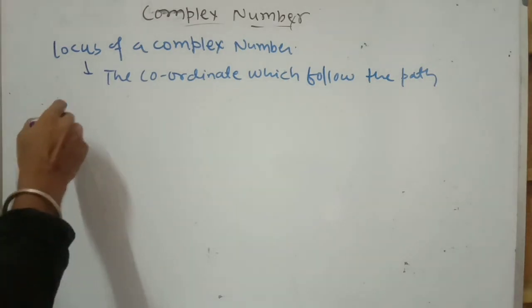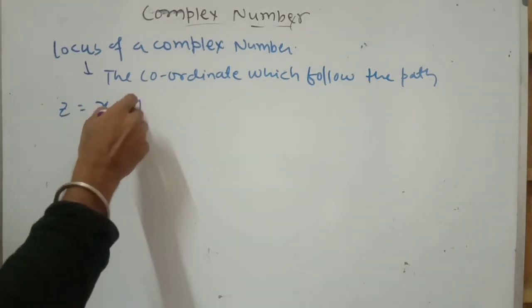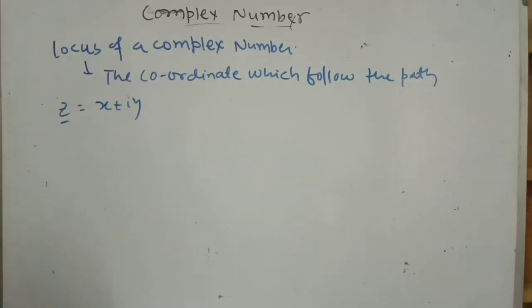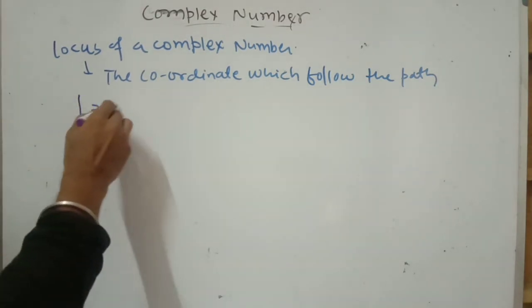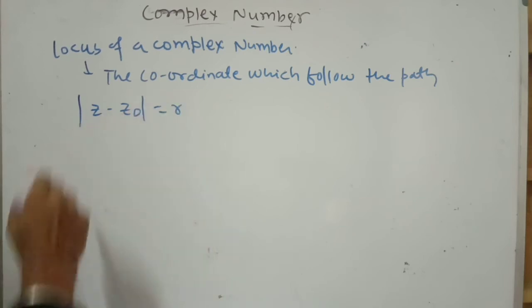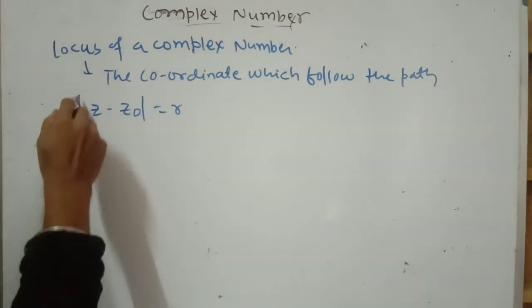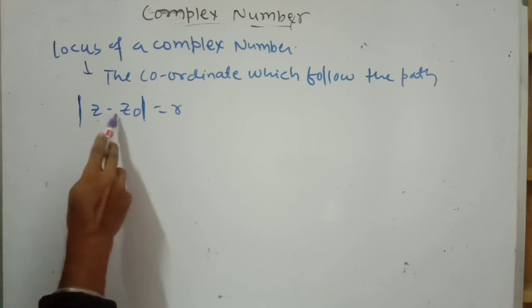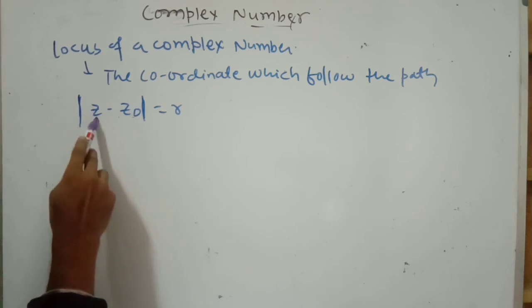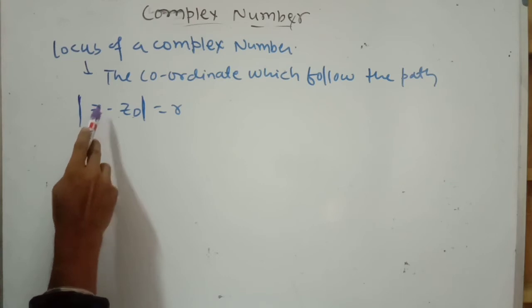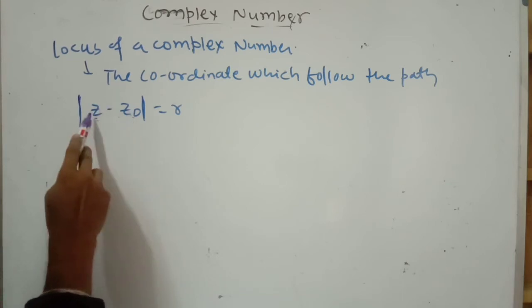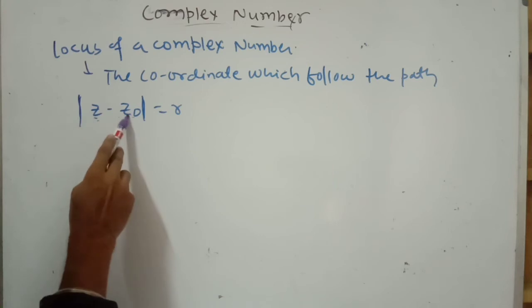So similarly, already told, z is a complex number. You can also locate a point in an Argand plane for any complex number. So obviously a complex number also has a locus. Okay, so let me consider one example. Let me consider modulus of z minus z naught. So what is the meaning of this? Already told, this is the modulus, that means absolute distance, and z minus z naught means z complex number from z naught complex number. It is the distance of z from z naught.